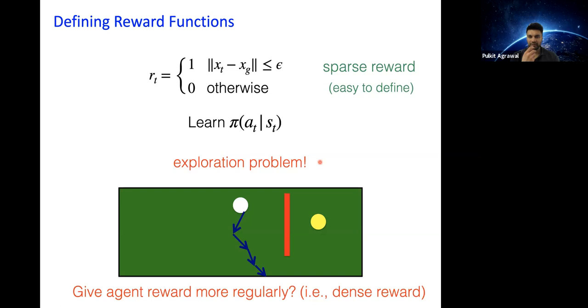Does anyone want to shout out, or we just write on the chat window? So as Gregory said, one thing could be giving a reward which is proximity to the goal, distance to the goal,